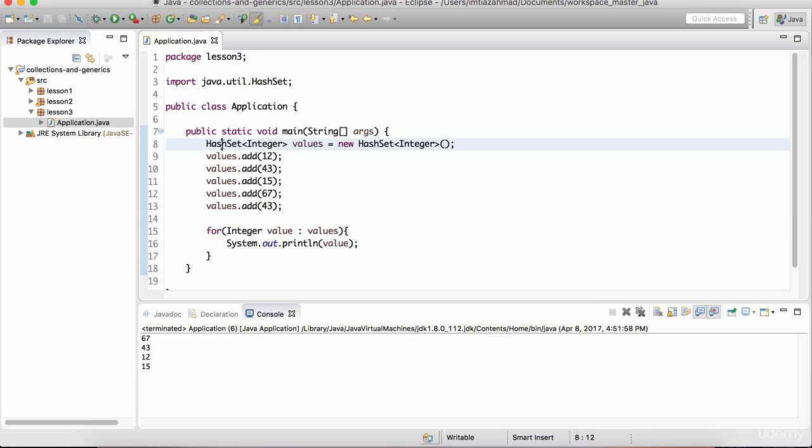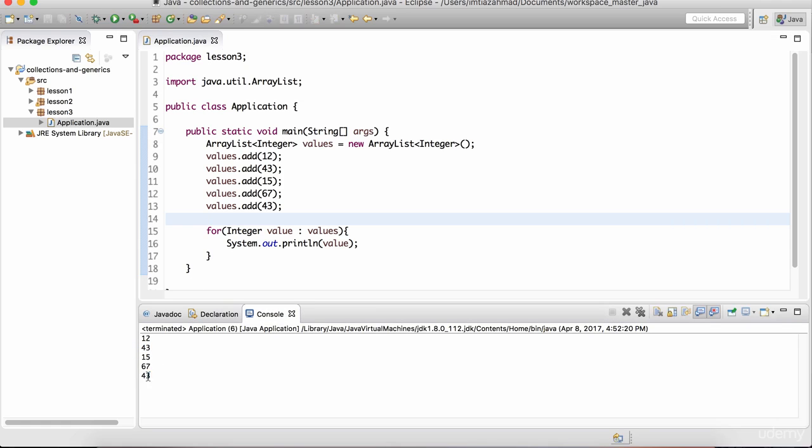All right, if this was an array list, we could just very quickly do this: let's change this to an array list. Everything else is the same. Let's just do the import. Notice that you're going to get repeats if you use the array list. Let's hit play and notice that we got 43 up here and 43 down here again. All right, but with the set, the hash set, we can prevent these duplicate values from being entered into the